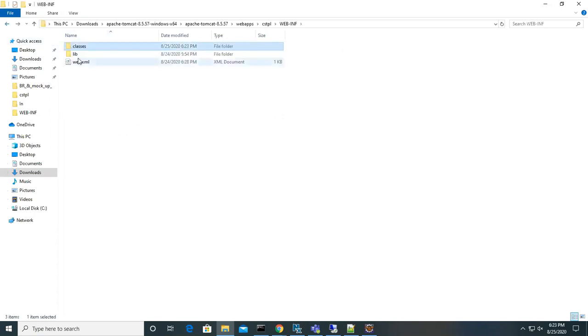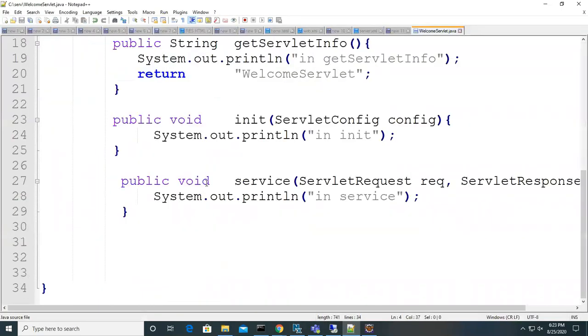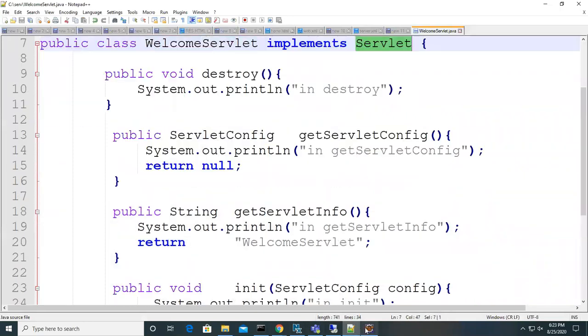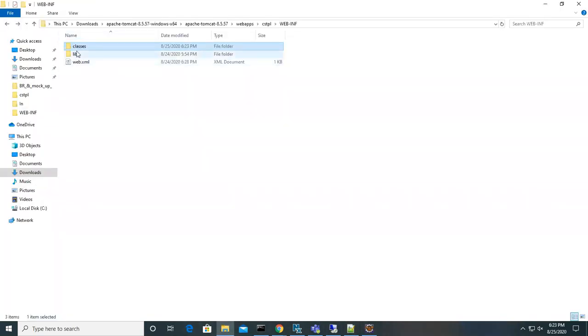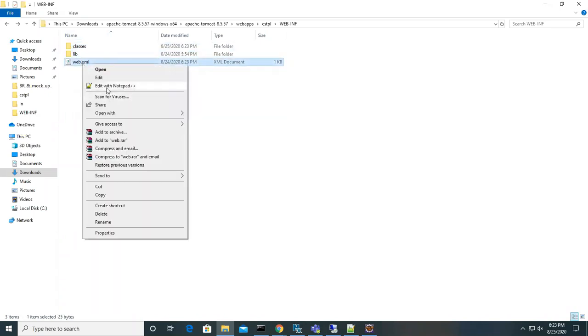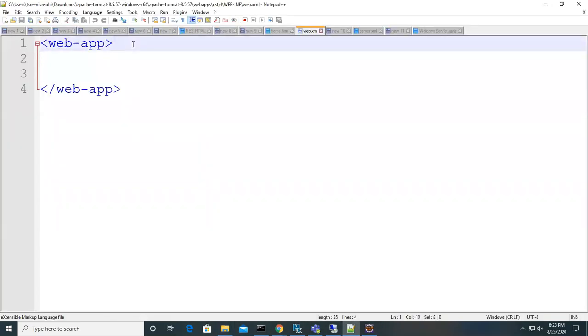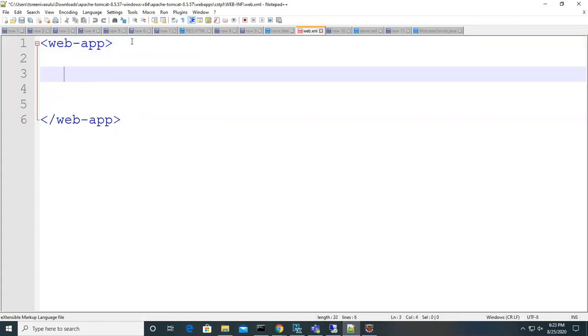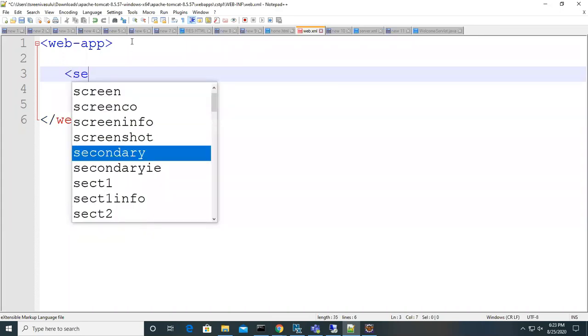Now I just created one servlet program by implementing all the abstract methods of the servlet interface, and I deployed it in the classes folder. But we have to configure each servlet in web.xml. Where do we have to configure, guys?